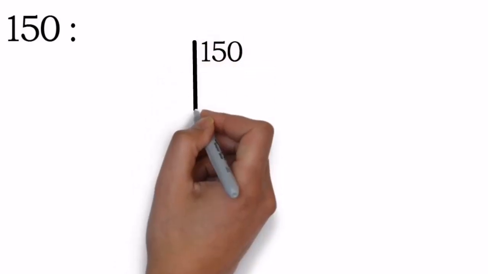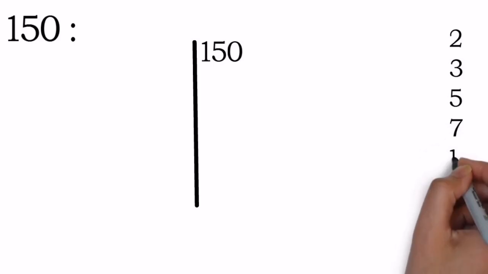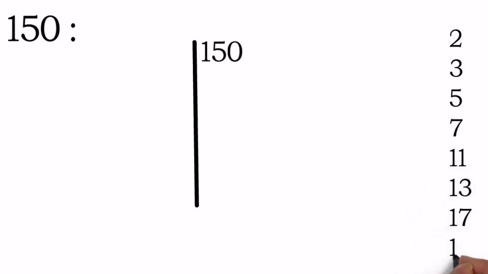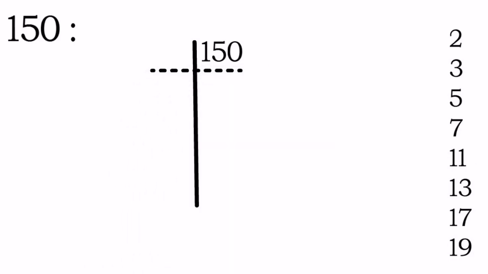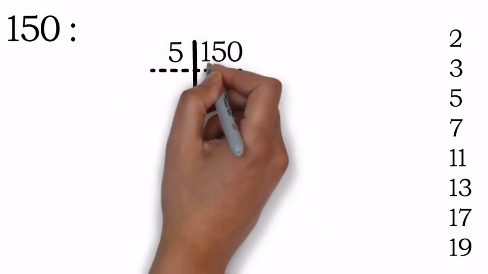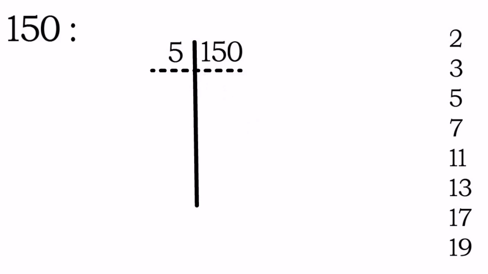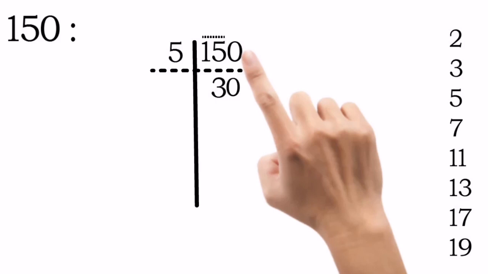So the very first thing, try to memorize or recall the divisibility tests of 2, 3 and 5. First, write all the prime numbers that we have to utilize. From this list only we are going to utilize the numbers. Now 150 is divisible by 2, as it is an even number. If you add the digits in 150, the total is 6, so it is divisible by 3 also, and as the last digit is 0, it is divisible by 5 also, and always choose the greater number. The first digit of 150 is 1, which is not divisible by 5, so we will take 15, correct? 5 3s are 15, and the last 0 can be written as it is down below.